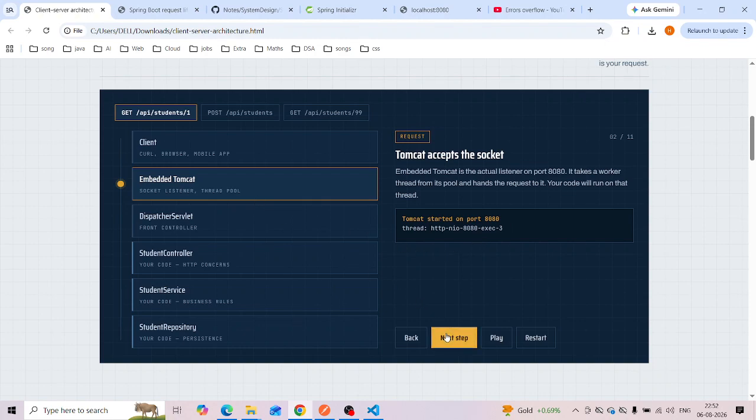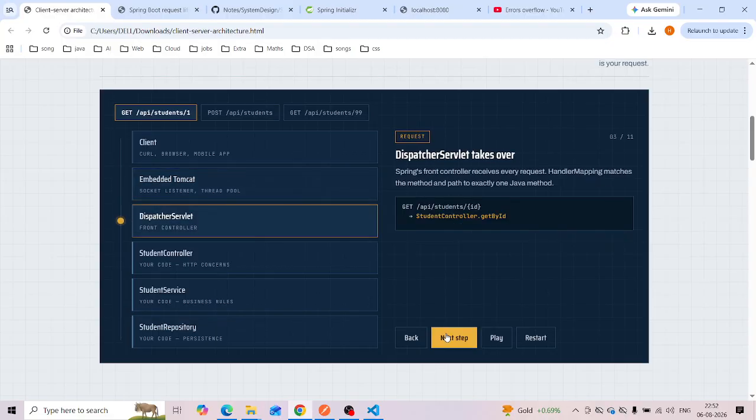Now next, it is going to the dispatcher servlet. Dispatcher servlet takes over. Spring's front controller receives every request.